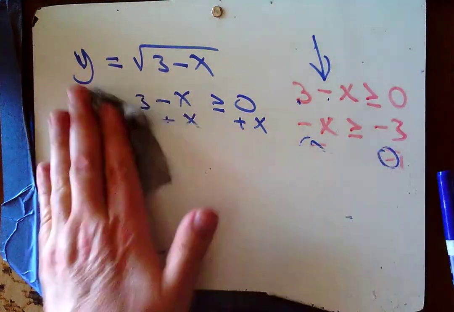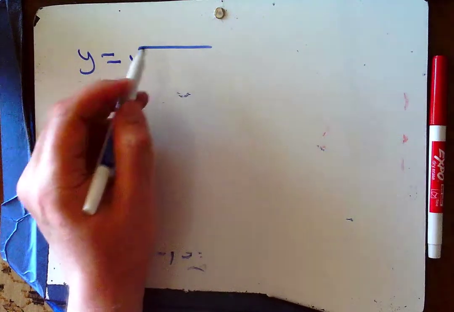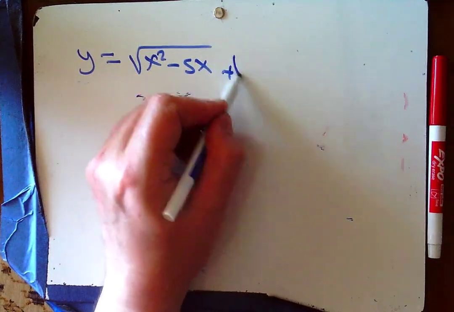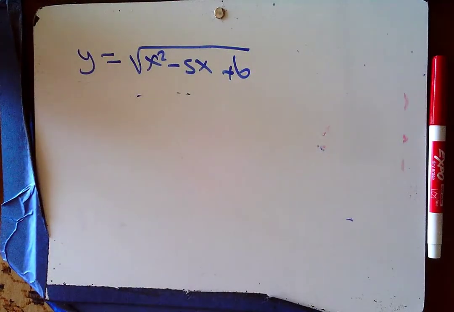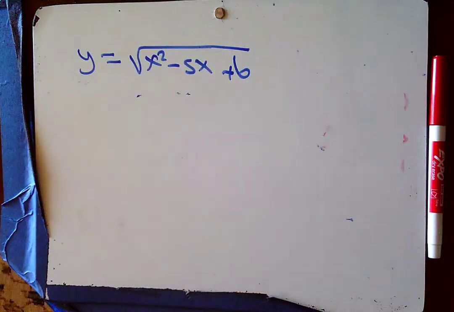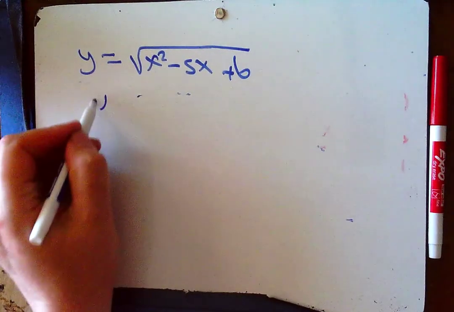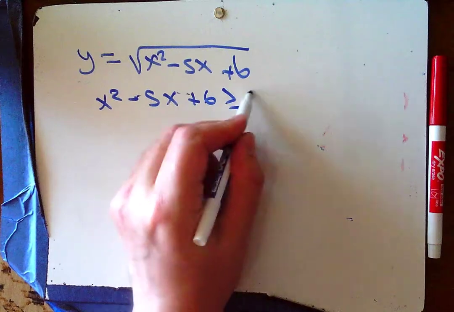Okay, so let's do a couple more of these. How about y equals square root of x squared minus 5x plus 6? Okay, pause the video, find the domain. Okay, welcome back. So I know that x squared minus 5x plus 6 has to be greater than or equal